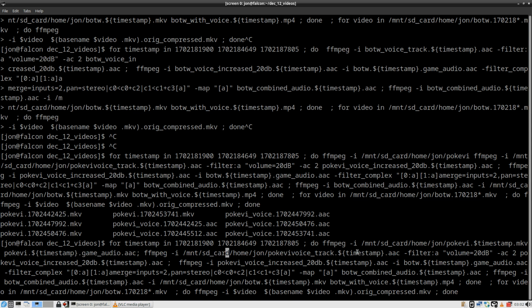Okay, so let's go ahead and extract the game audio, increase the volume, and duplex the sound on our voice track. Merge the two tracks. Almost forgot to